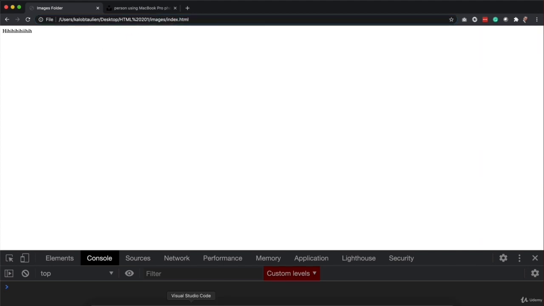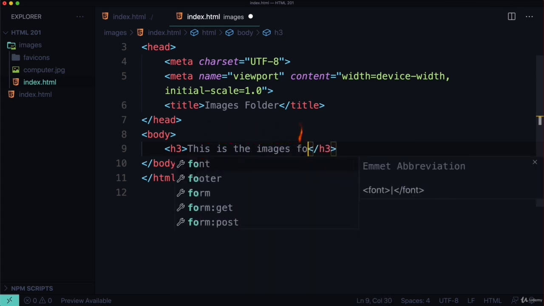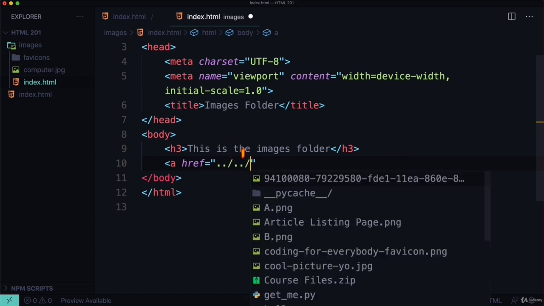Let's link up a page. So let's say H3, this is the images folder, and let's create a link in here, an anchor link with a hypertext reference. And we're going to use a relative path. So we're going to say go up one folder, and that's how we do that. We go ../ up one folder. If we needed to go up one more folder, because this is already in the images folder, we need it to be outside. We could do ../../